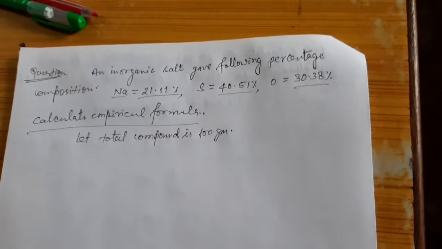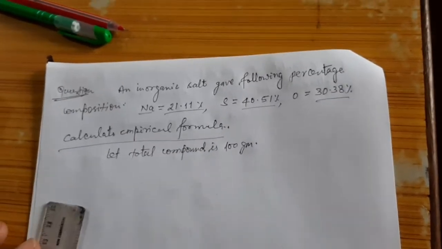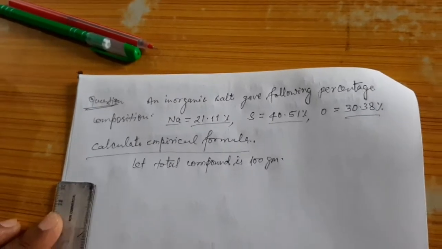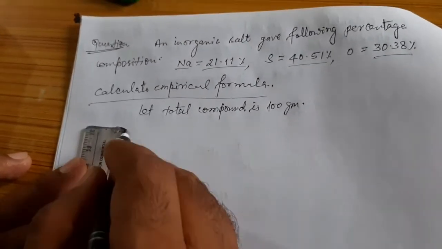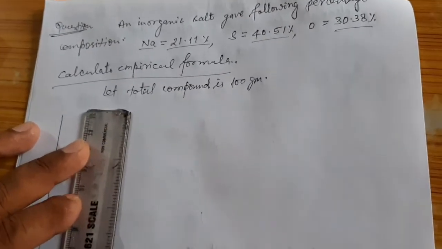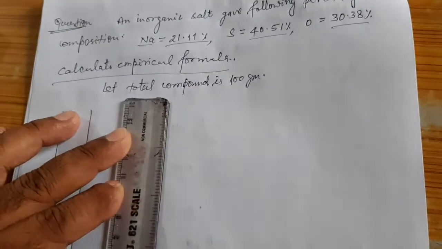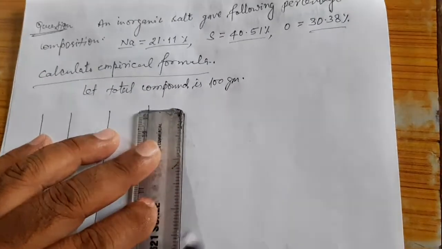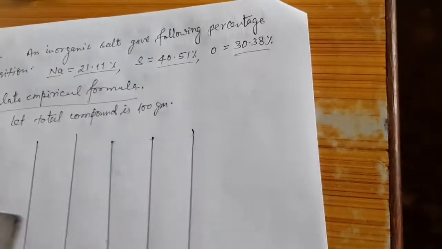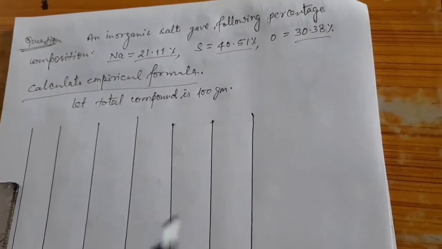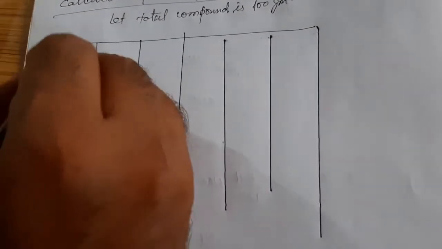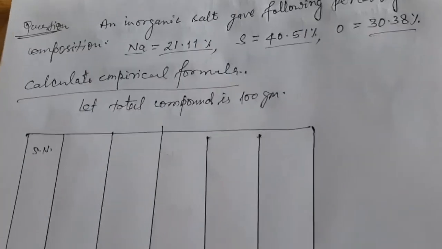So for calculation of the empirical formula, first of all we have to make 7 columns. First column, second, third, fourth, fifth, sixth, 1 2 3 4 5 6 7. And these columns: first is for the serial number,